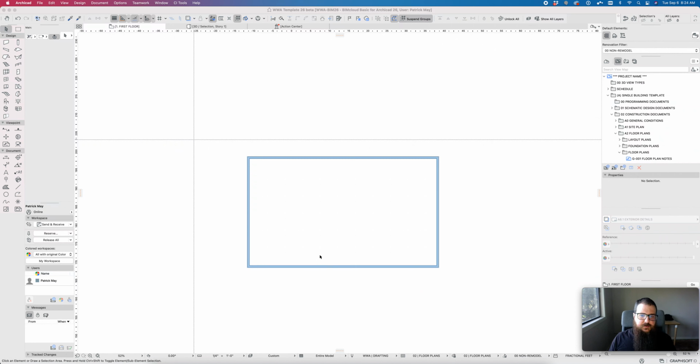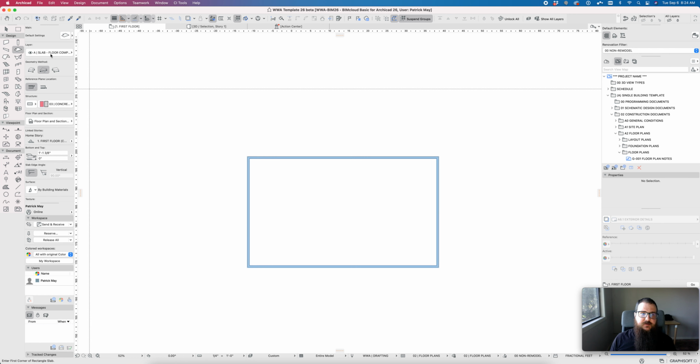Okay, moving on to part two. Let's take a look at the slab tool next. So the slab tool, same information on the info box, are very similar, really geometry method being the most critical